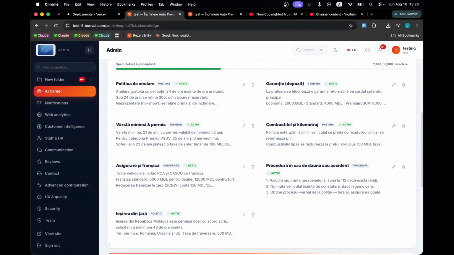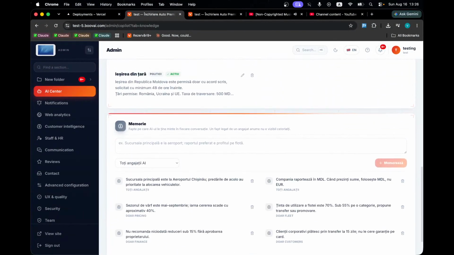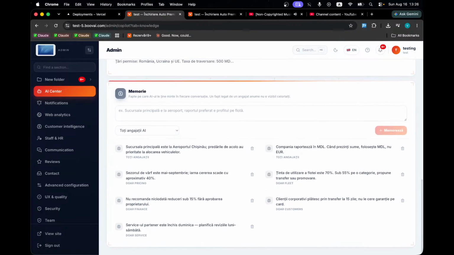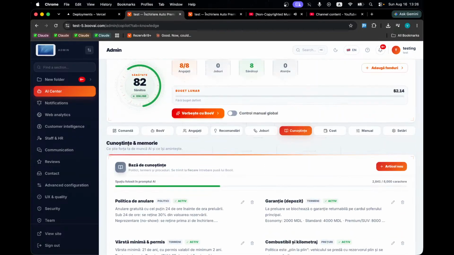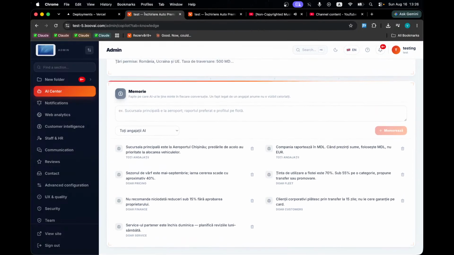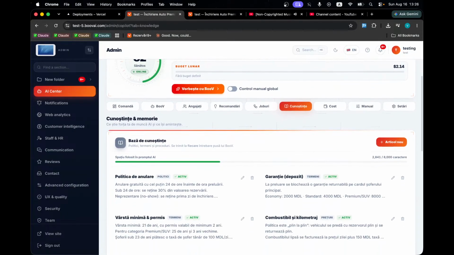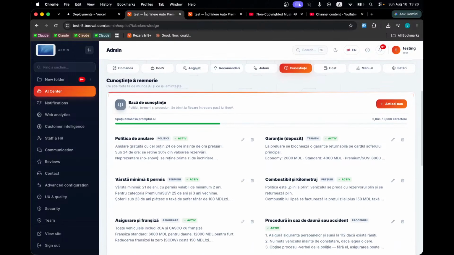Okay, then we have the knowledge where we actually input the knowledge. But what I wanted to do here is that I would like it to have memory. Okay, we have memory, but actually what we don't have is the